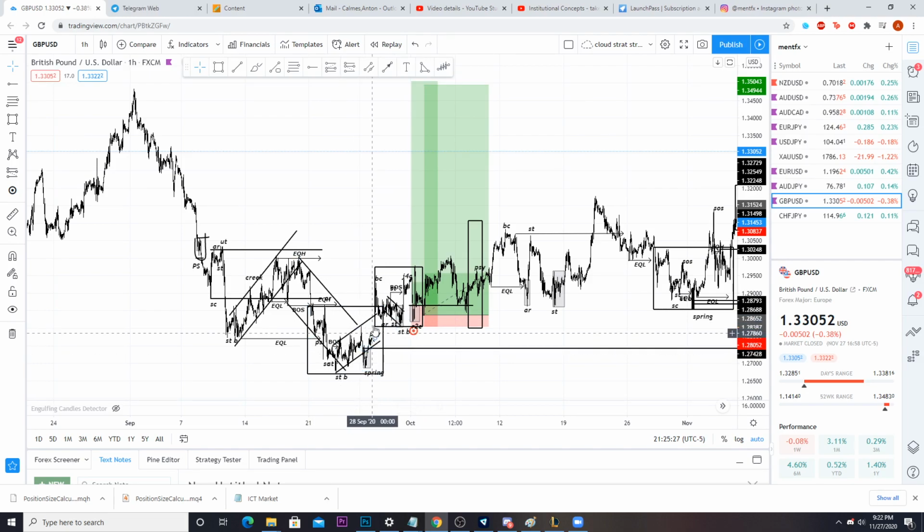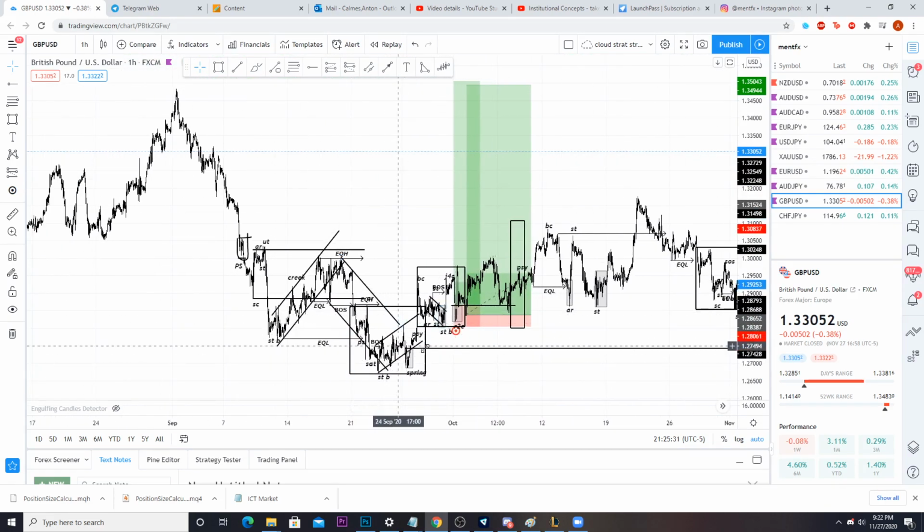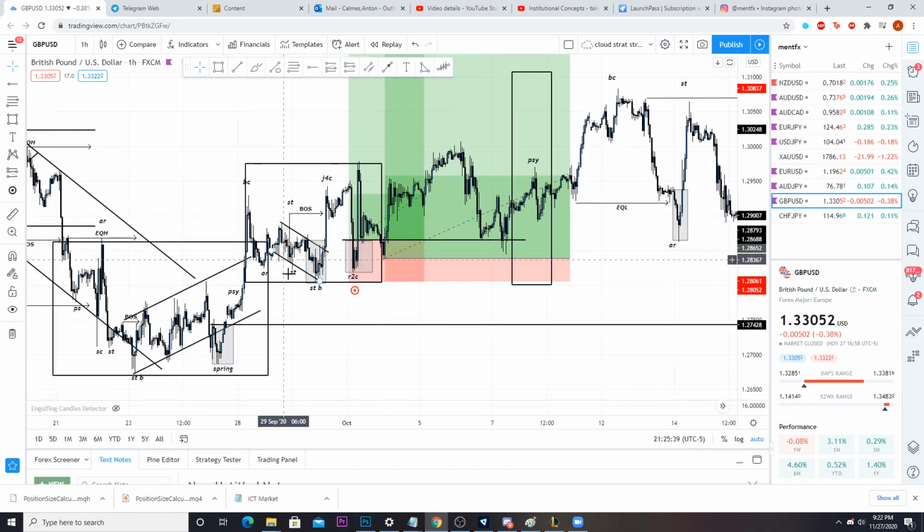That spring occurs, price moves higher. You don't get a test of it, sadly, as you can see. So the test actually happened here, right? But then it started to reaccumulate. And as we moved higher, creating what? On higher and lower timeframes, order blocks that took out lows, as you can see. This is just back-to-back normal setups.